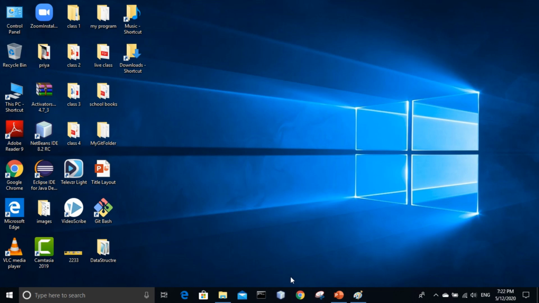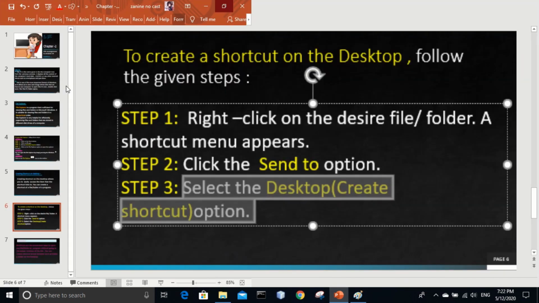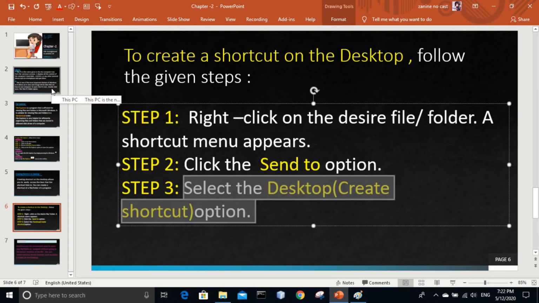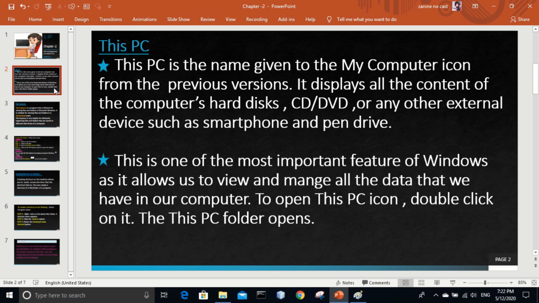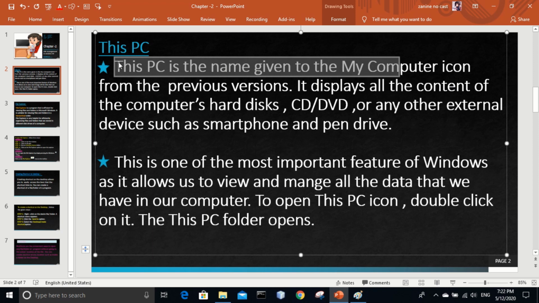Okay. So today we learned about This PC. This PC is the name given to the My Computer icon from the previous version.